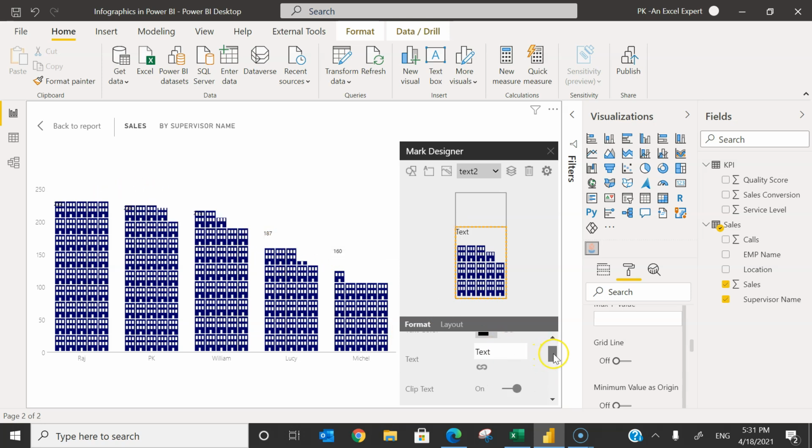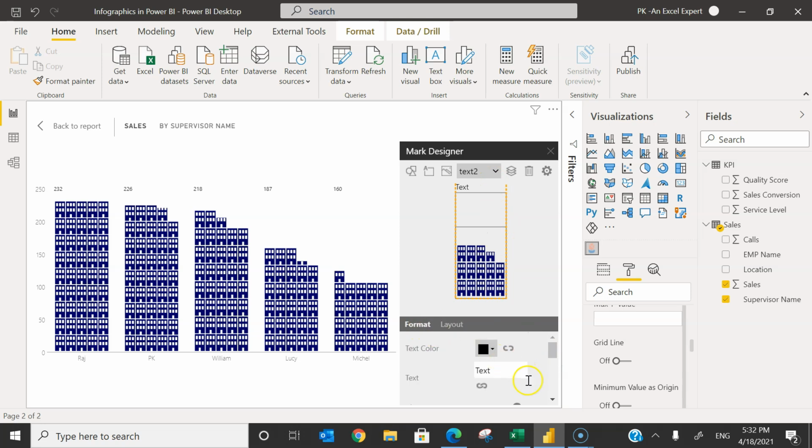So what we can do, we can go to the layout and here bound to outer in place of inner. So here you can see a few values are visible, a few are still not visible. So what we can do, we can change this top side, basically it is 0%, let's keep it -5%. So it will be moved to the top side a little more. Just click on OK. So now the values are properly visible, or you can keep it, let's say -10%. Okay, now values are visible.